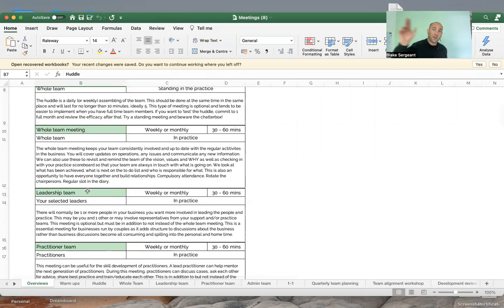Then, as I say, when we get bigger, we might have a lead admin or practice manager. We might even have a lead practitioner, and then we might have the owner. So we might want to do a leadership team meeting each month. And we don't need the whole team for that, but we want to get together our selected leaders and do a monthly